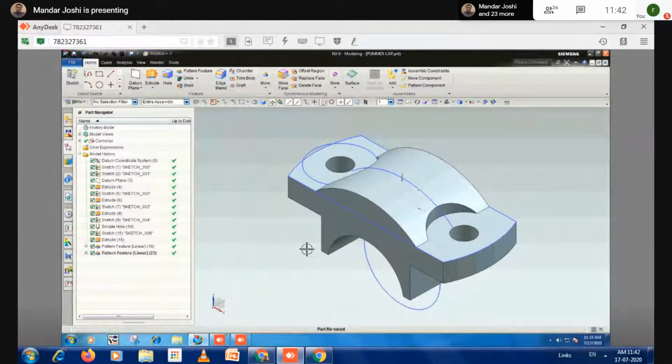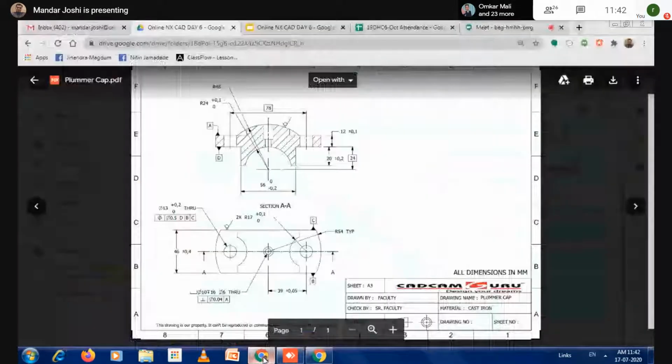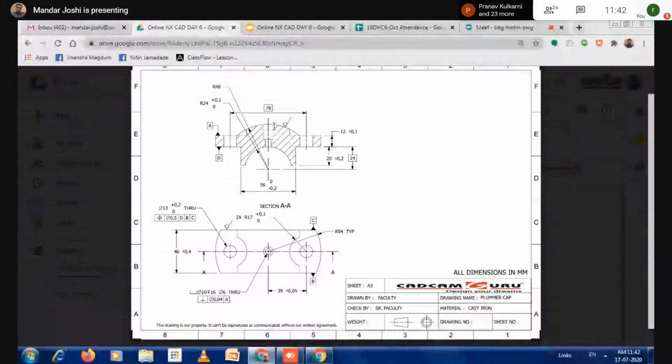Okay, next step. Those features are created. What is the next step? You will find here a hole. But remember that the hole is created directly on the curved surface. Is it possible in NX to create such a hole directly on a cylindrical face? In the last session we discussed the hole command.